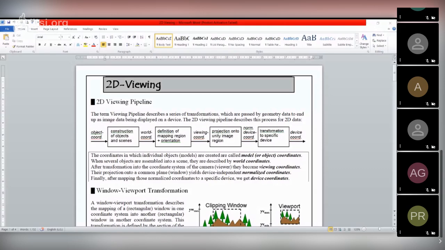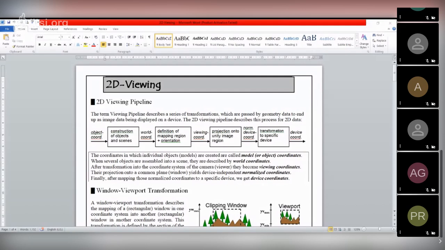The scene which we will view by our device, maybe the camera, maybe a particular portion of our computer, needs to be constructed first. So construction of the object and the scene is the first one.